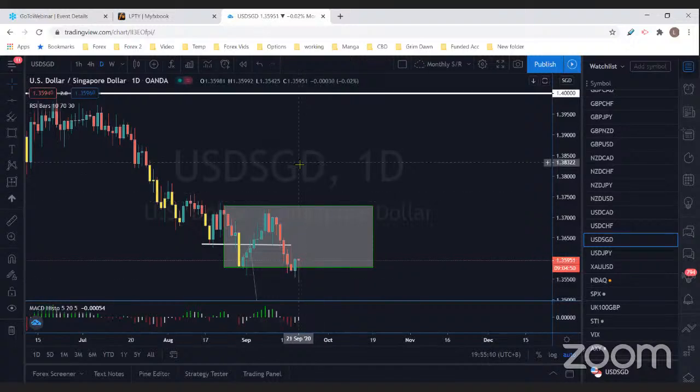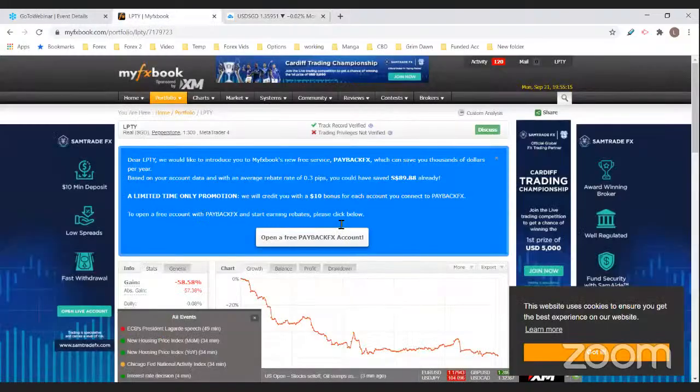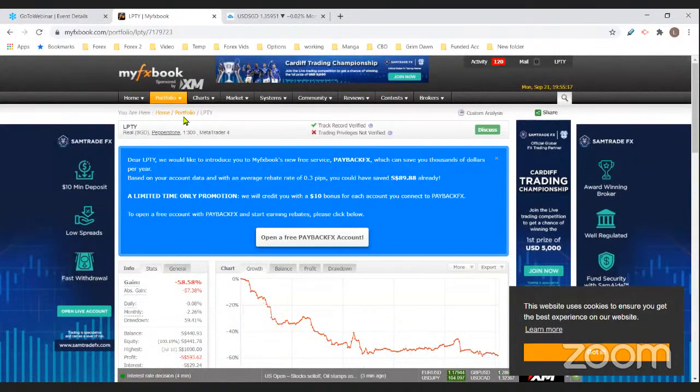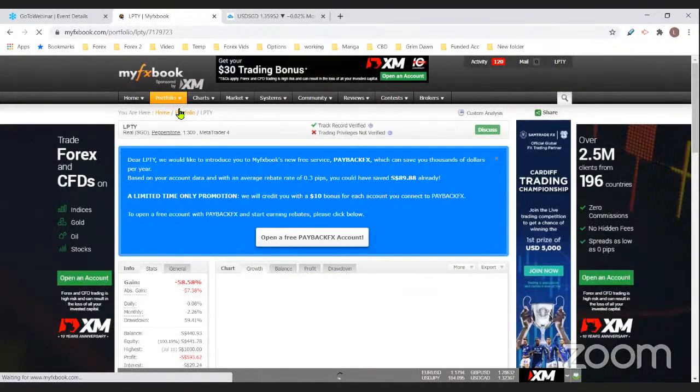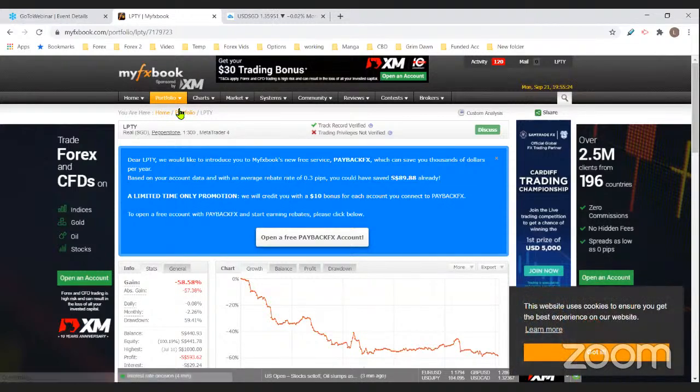And the next on my list that I'm about to share for today's tool is a website called MyFXBook. Okay, so let me hop on over. This only works for those of you who have your personal account, especially for those of you who have not gotten into the habit of journaling your trades. So MyFXBook will be an alternative that you can